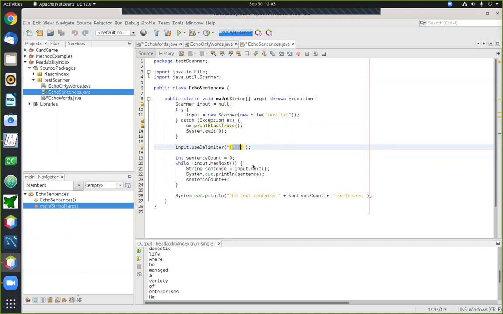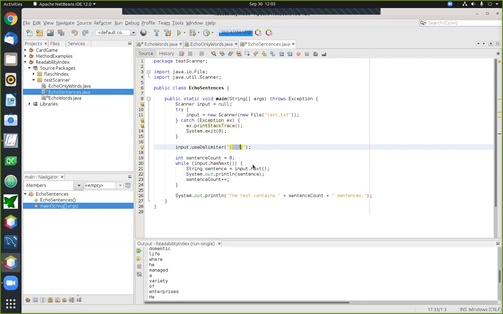All right, so what I've done here is I've done the same trick as the last example. I'm telling the scanner what it should be using as a delimiter, but here I gave it a much shorter list of possible delimiters. The only things I'm telling it to use now as delimiters are things that you typically see at the end of a sentence. That includes a period, an exclamation point, a question mark. Those mark the ends of sentences.